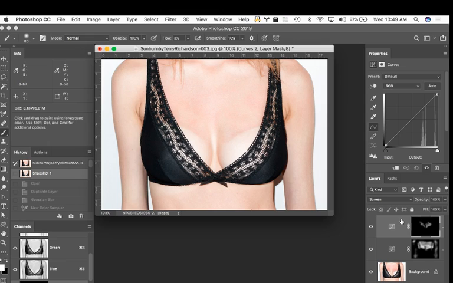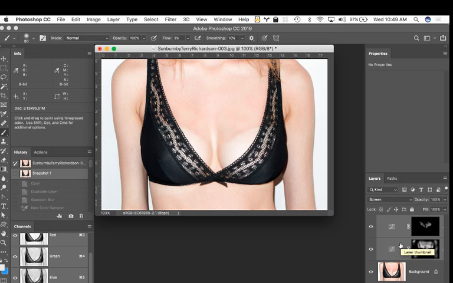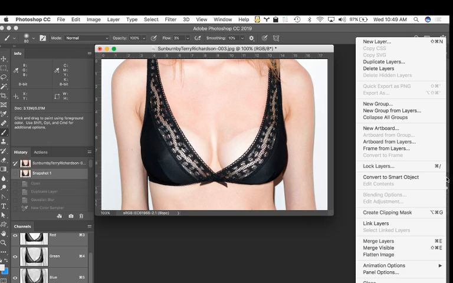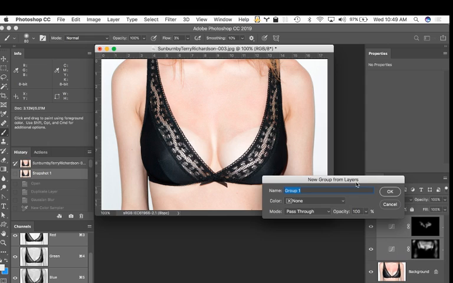Okay, so top adjustment selected, hold down the key and highlight. So both of these now are selected. You can tell they're both highlighted. Come up to the drop-down menu that's right here, and you want to go New Group from Layers. If you do that, the dialog box will open up, and we're going to call this